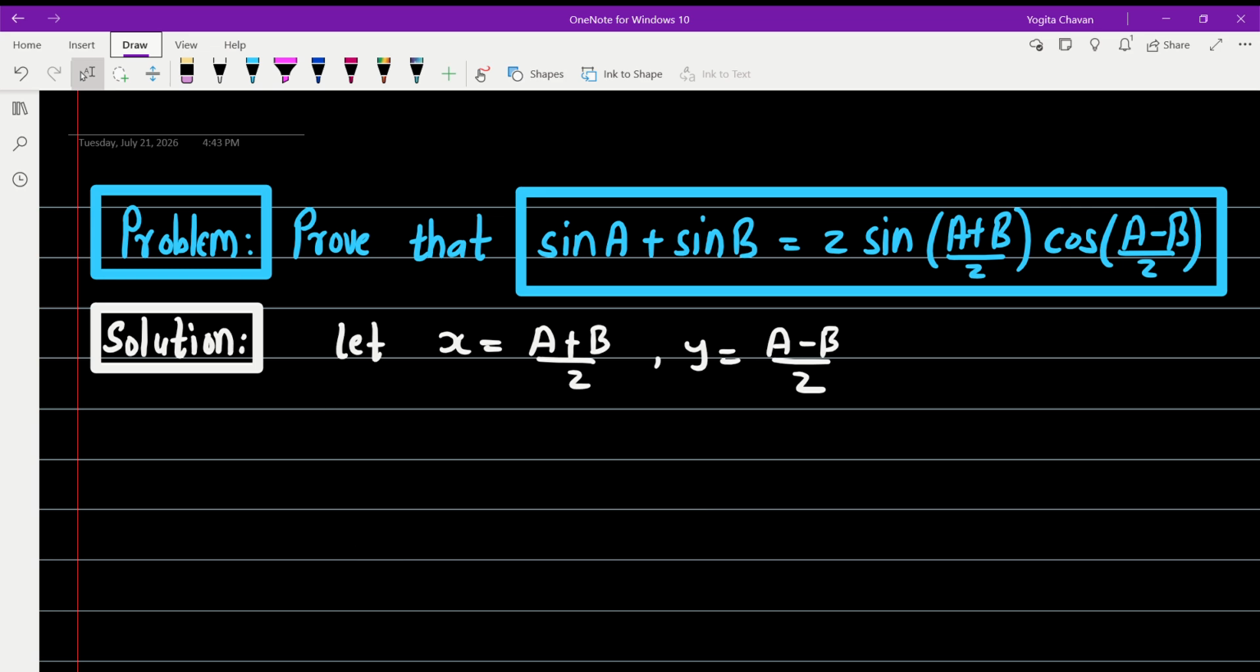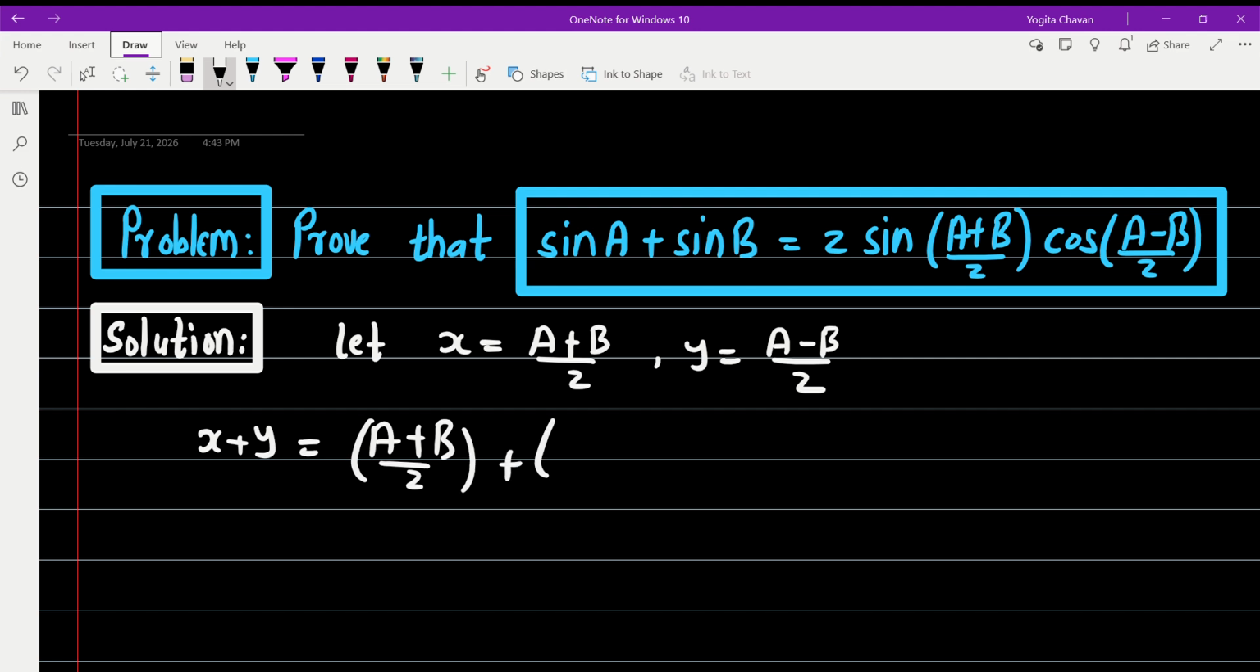Let's prove sin A plus sin B is equal to 2 into sin of (A plus B) divided by 2 into cos of (A minus B) divided by 2. Now see the solution. Let x be equal to (A plus B) by 2 and y be equal to (A minus B) by 2. Now observe that x plus y is equal to (A plus B) upon 2